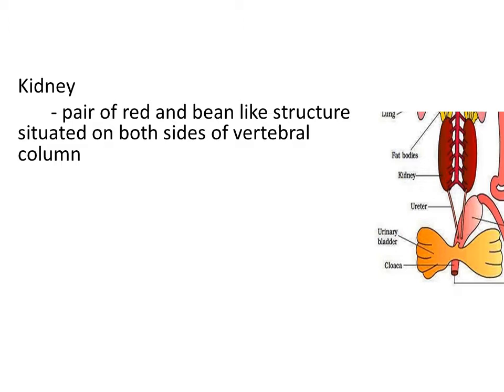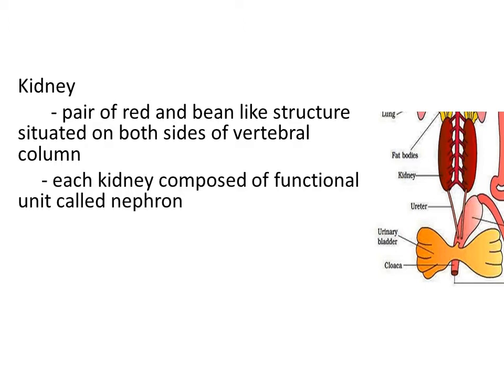Kidney is actually made out of a structural and functional unit. So what is the structural and functional unit of kidney in our body? Nephron, right? So in frog also, each kidney is composed of the structural and functional unit called nephron. The filtration of blood taking place in the kidney takes place with the help of nephron. Numerous nephrons are present within each kidney, so the structural and functional unit of the kidney is nephron, right? So how does the kidney perform its function?